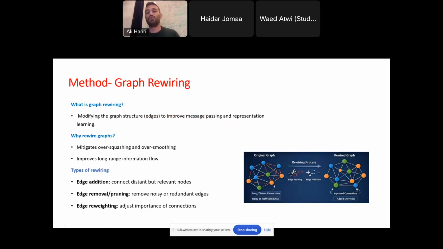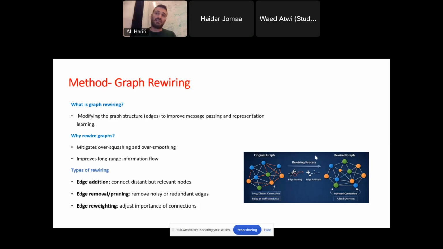And this is where we delve into graph rewiring. The idea of graph rewiring is simply to change the connectivity of the graph, either by adding edges, removing edges, or reweighting edges. The same analogy can be applied in traffic networks. If I want to go from point A to point B, from Beirut to Juni, by cutting across all the traffic in between, I add an edge, in this case by constructing, for example, a sea-based highway from Beirut to Juni. An important factor to account for is that it's an expensive operation.